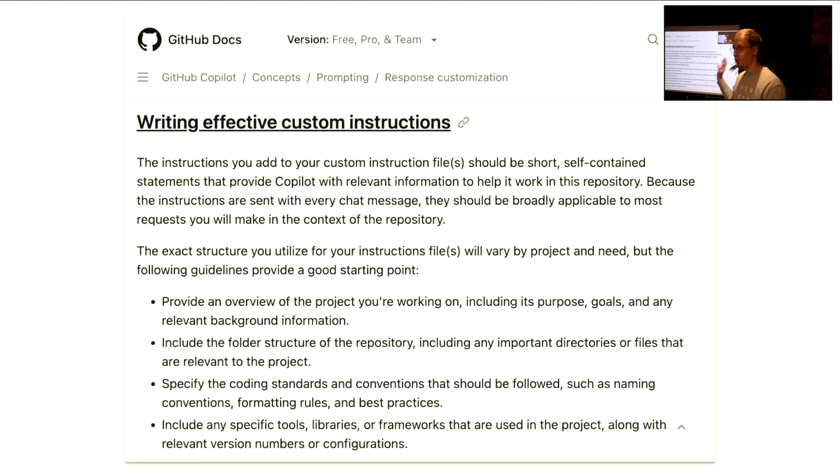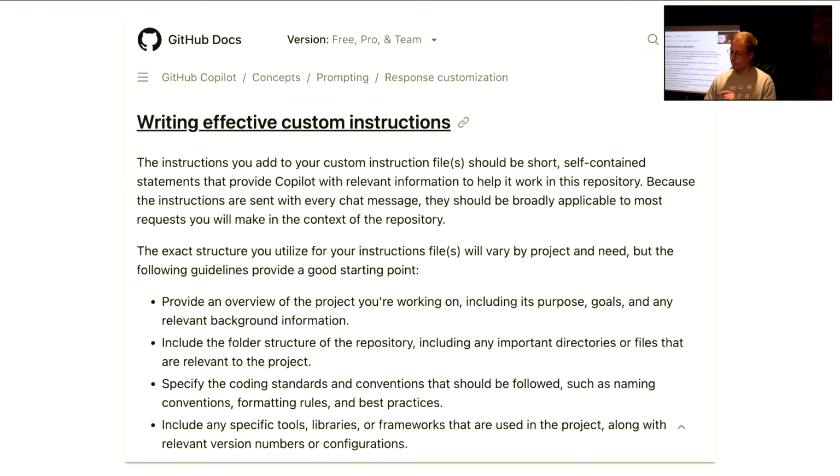These different tools and companies give you instructions on how to write effective instructions. They don't parrot each other word by word if you go to these different documentation pages about instructions and rules. But what you will see is you find the same exact stuff. Usually people talk about describing what's even happening in your project. Then if there's any important structure that the coding agent should know. What else do we have here? Coding standards. Those are typical things to add in the rules. Then include any specific tools, libraries. Super helpful information for agents.